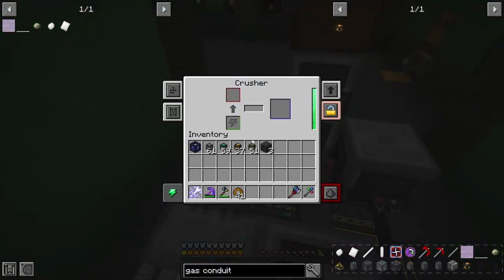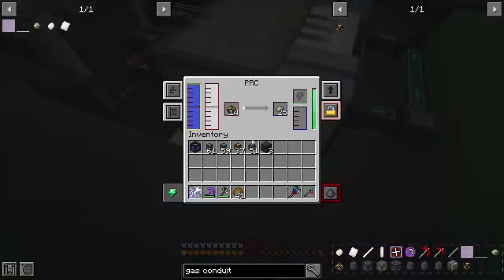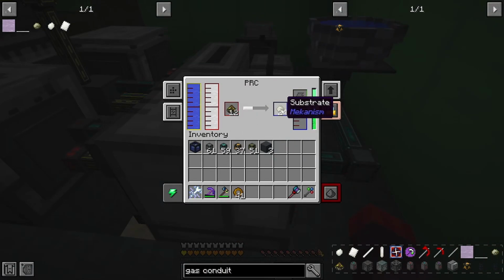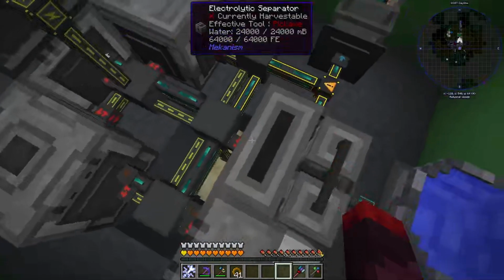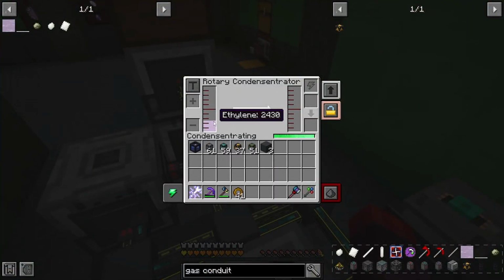We make biofuel from this crusher here, which we fill up with potatoes. I'll set up an export bus here at some point. We turn biofuel with the hydrogen and just some more of this water, so stuff we already know, into substrate. Substrate we take to this PRC with our oxygen that we got from this one. It also gives a byproduct of ethylene, or ethylene maybe,